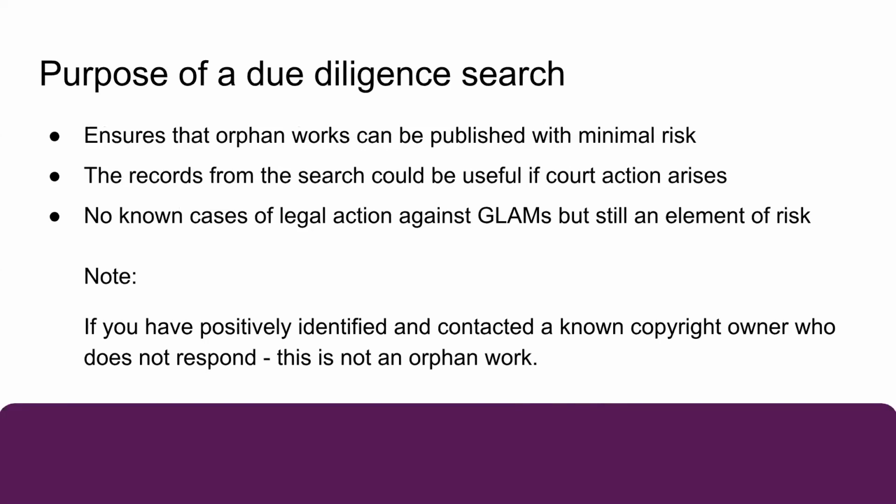But why do we need to do it? Simply put, if no copyright owner can be located, then the work must be treated as an orphan work and extra considerations must be taken into account before publishing a copy of the work. If a copyright owner does come forward when you have published it, then you'll have proof that you have been unable to find them. And then you can negotiate copyright permission with the owner. There have been no known cases of copyright owners coming forward and taking legal action against a cultural institution. That being said, there is still an element of risk, so it is important to record your searches.